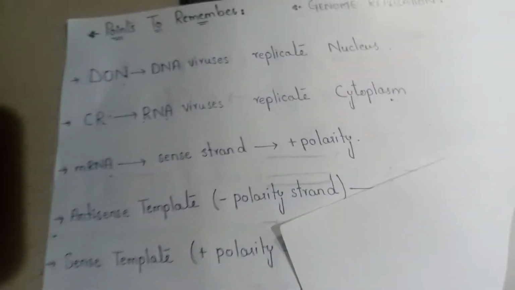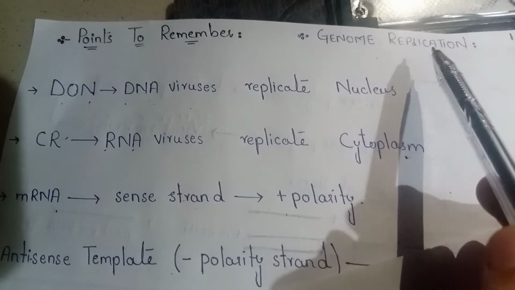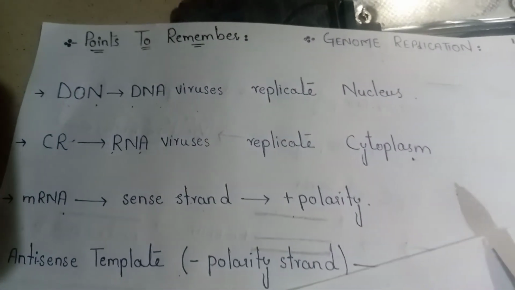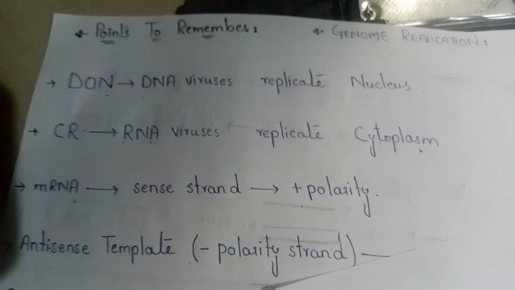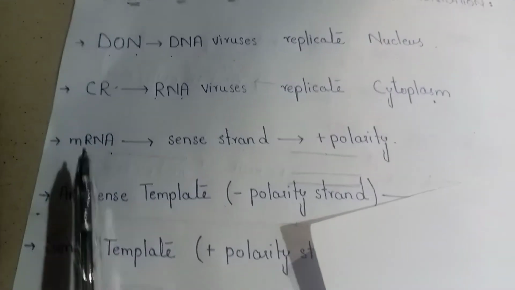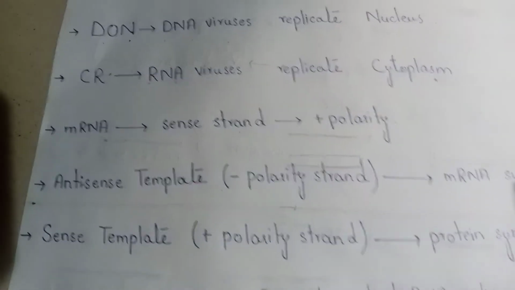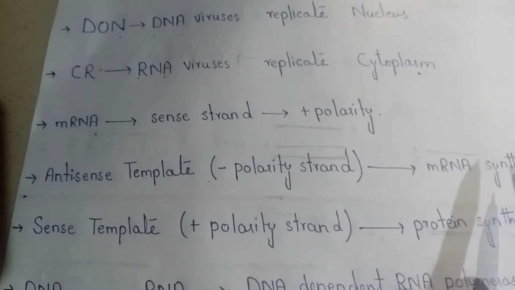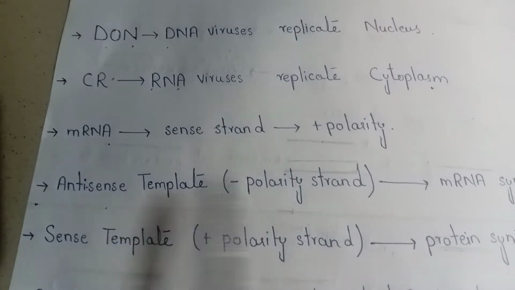Okay, moving onwards, as we are studying genome replication, we know there are two processes: one is transcription, the other is translation. Transcription is the formation of mRNA from DNA, right? So here we are going to synthesize the mRNA. How are we going to synthesize mRNA? For that we will use a strand, and that strand will be the antisense strand, or you may say the negative